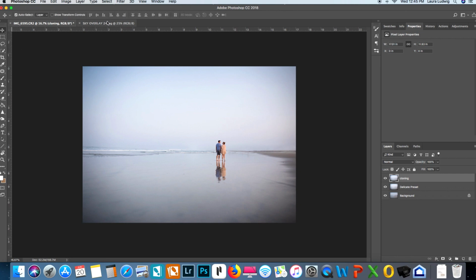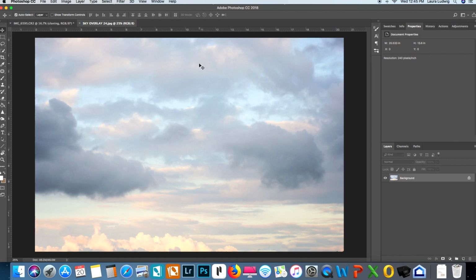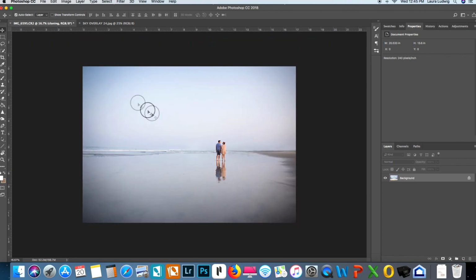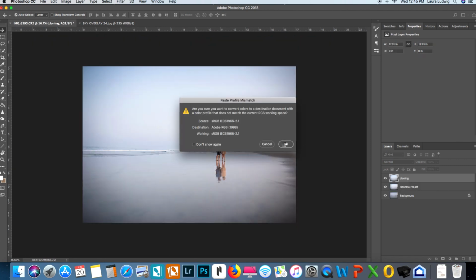So the first thing I want to do is grab my little mover button over here, and I already have my sky overlay pulled up, the one that I want to use. Unfortunately, I don't know the name of whose this belongs to. I bought it probably 4 years ago, but you can find so many different sky overlays from so many different places on Etsy, or there are photographers who sell them, things like that, so find the ones that work for you. So I'm going to just click and drag this over, and I'm going to place it on top of